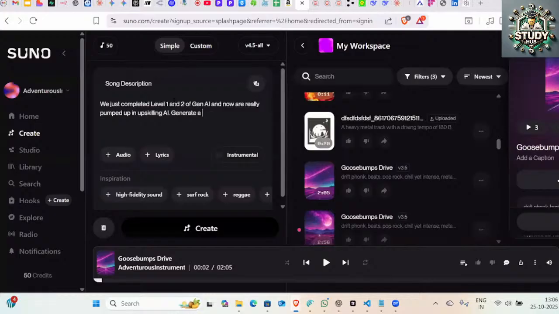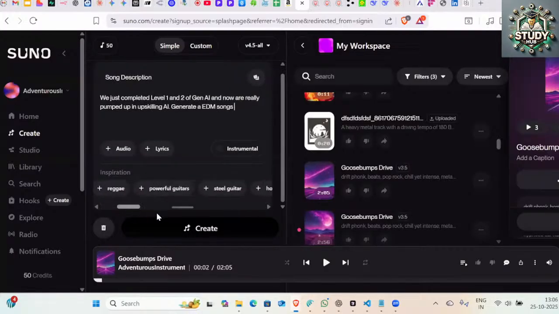Generate a, right? I can give any theme, by the way. Generate an EDM song. You can choose from different inspirations also. What all is available: your lo-fi music, highly pop music, slow music, historical, guitar, natural, all these types are there. I want to have an EDM song. EDM songs are generally high on energy. Generate EDM songs, high energy, so that we are motivated. I just want to do that.